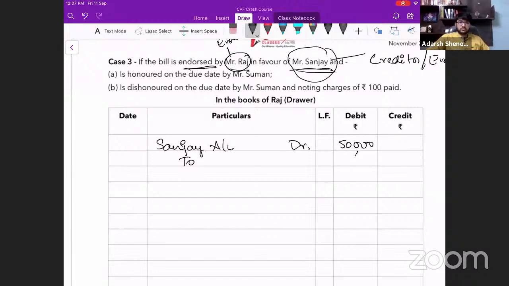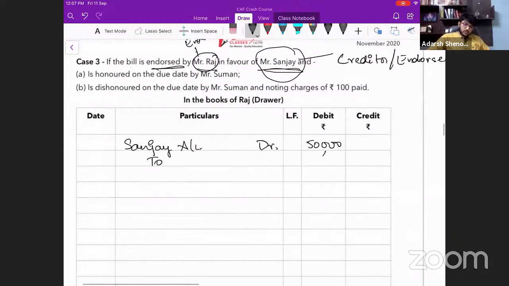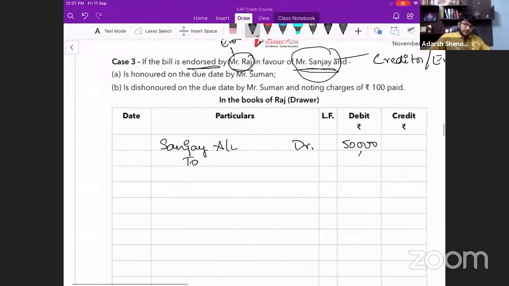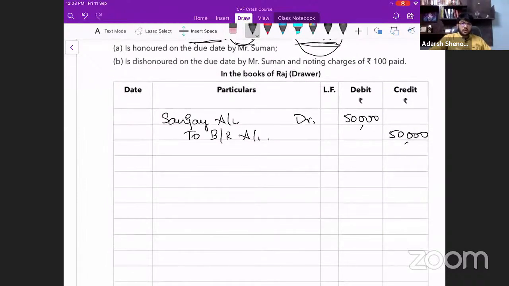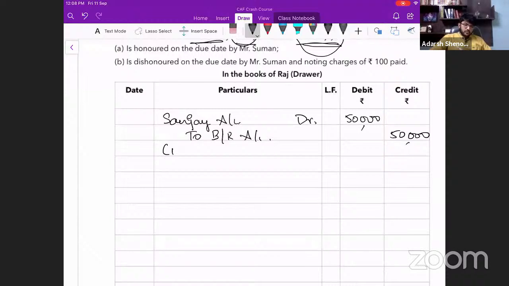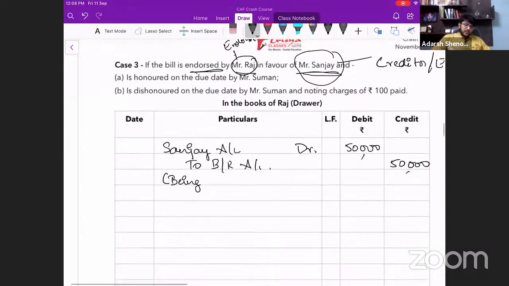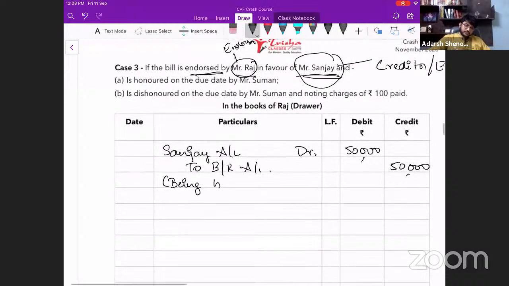In the case of endorsement, generally there will be no discount and all. Because you have to make him a payment on that date, not through cash, you're paying him through a bill. So that is not discounting. You're not taking some money in advance from him. Probably he has to pay after 3 months. He has to accept the bill. The endorsement is a two-way transaction. Being bill endorsed